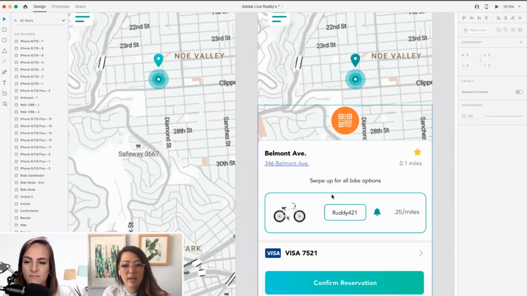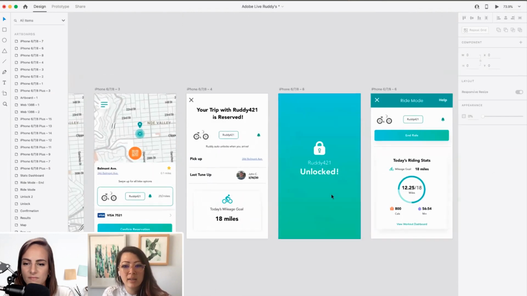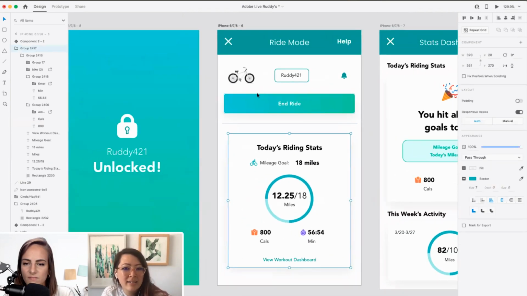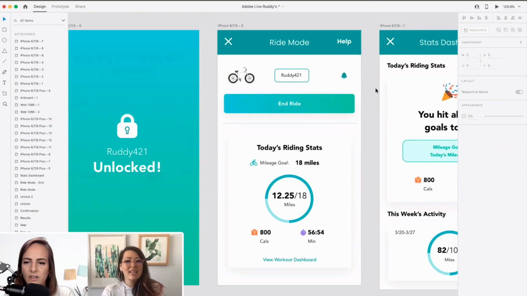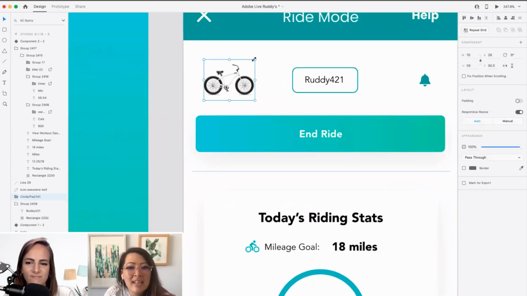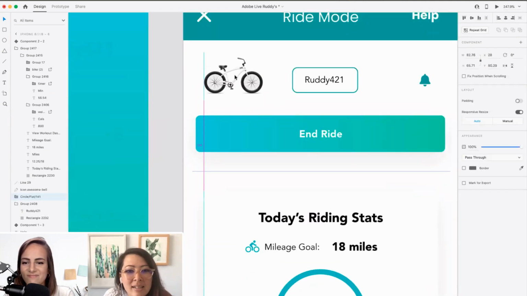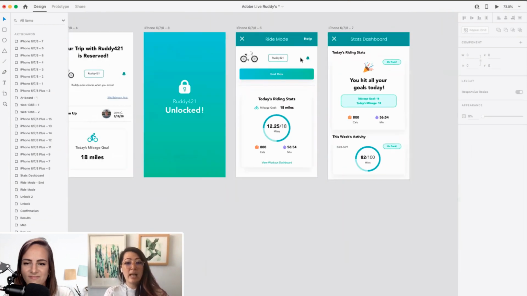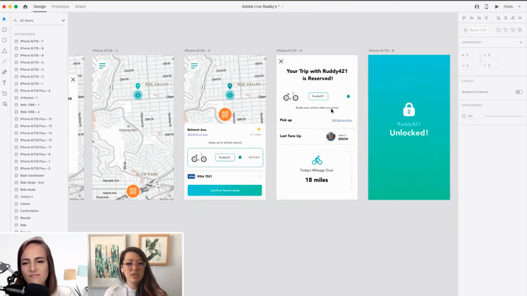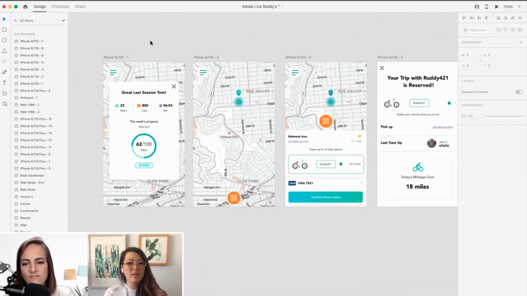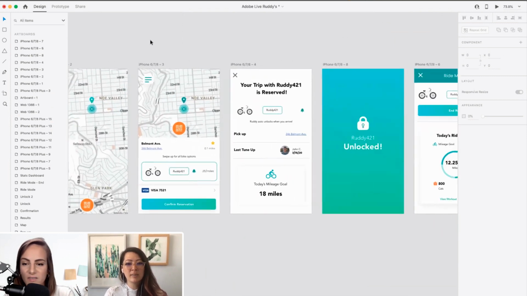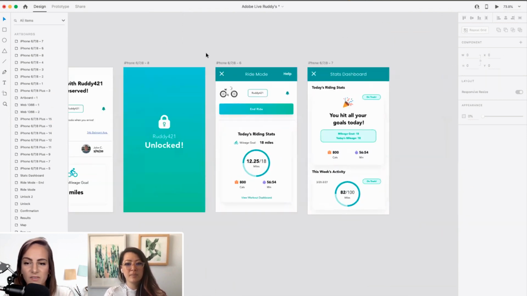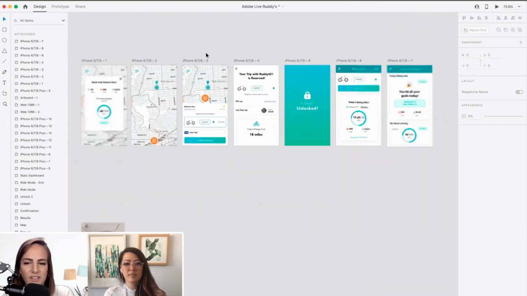Very cool. All right, guys. So I placed in this little bike. It feels better, right? This little cute bike. A little cleaner. It's sweet. I want to ride this. So cute. All right. Any other suggestions before we move on? How do you guys feel about it? I think it looks great. It's feeling very cohesive. Love the color changes and the fonts. It's all in the details.